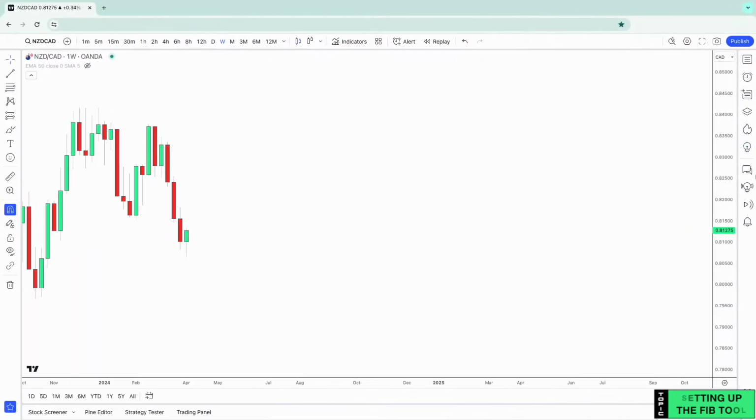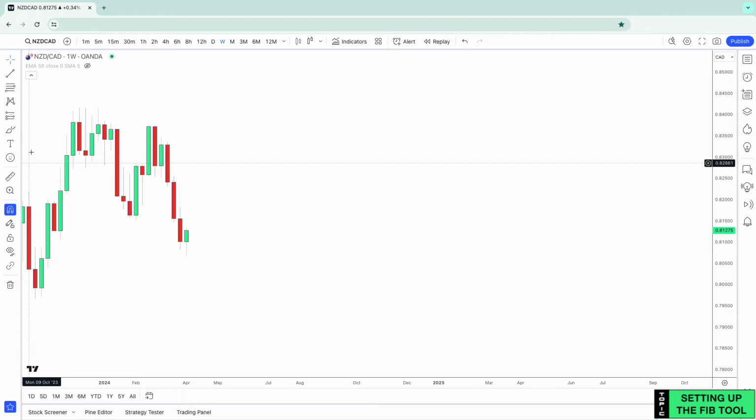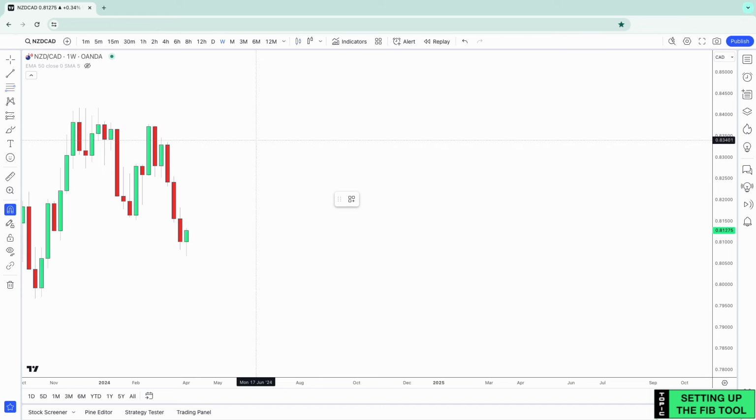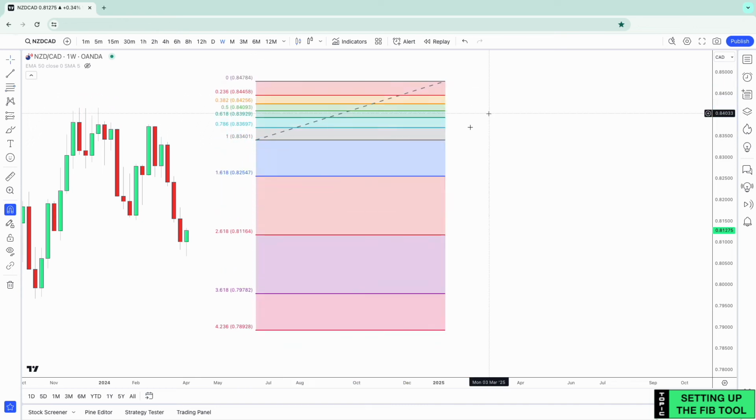Setting up the Fibonacci tool is like picking a restaurant on a Friday night. You've got to know what you're doing, or you might end up with something you don't like. Just select it from the menu and apply it to your chart with confidence. This foundational step is crucial for accurate analysis, and trust me, no one wants to make a decision based on